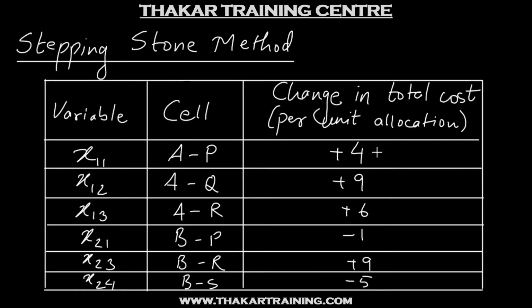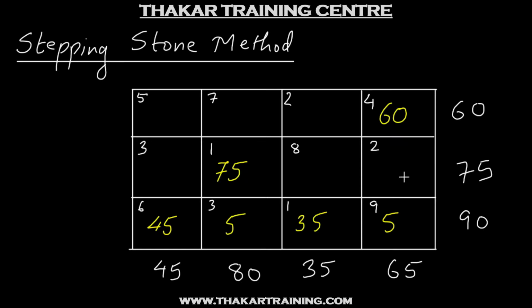So this is a summary of the change in total transportation cost for a unit allocation that is made in different cells. So here we see that for every unit that is allocated to this cell, we have a change in total transportation cost of minus 5. That is, the total transportation cost will come down by 5. So it is beneficial to add as many units as possible to this cell. There is another cell where we have got a negative value for the change in total cost. But since the reduction with this cell is more, we go for this cell. So we find that it is beneficial to add as many units as possible to this cell.